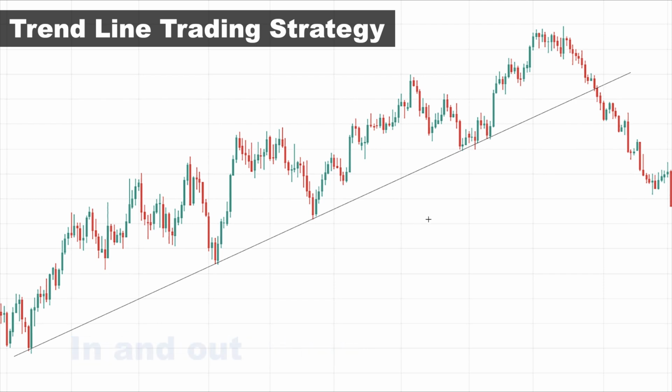The next tactic is called in and out. This method is suitable for moderate risk traders who like to take a little bit more risk to make more profit. In this strategy, after identifying a trend and when the trend is confirmed, the trader enters a trade when the pullback ends and exits the trade when the move stops and goes for another pullback, and the trader repeats